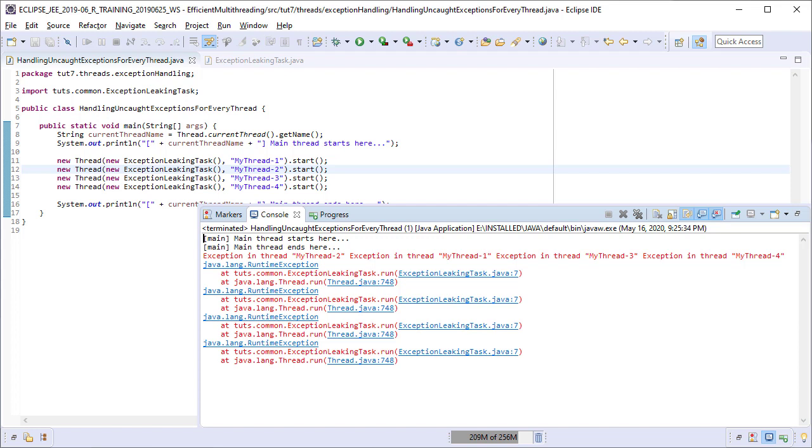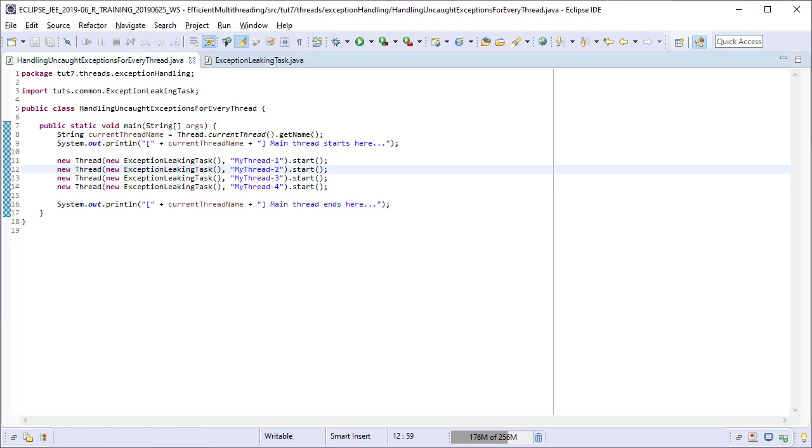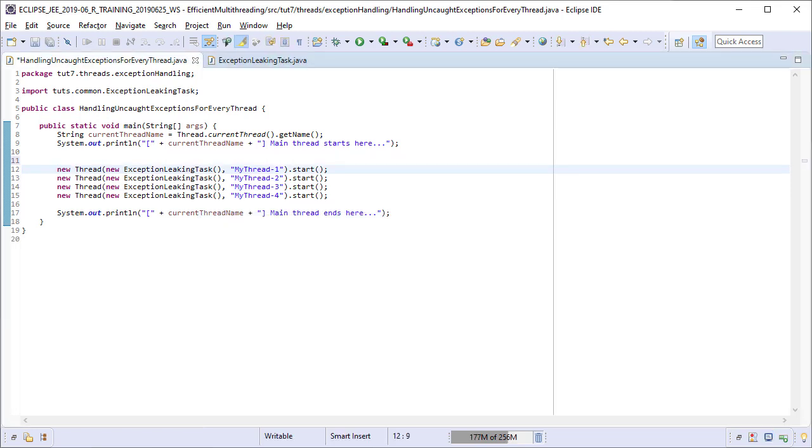You are seeing the exceptions overlapped on each other because this laptop has a quad-core processor and the threads truly ran in parallel. They threw exceptions at the same time, more or less, so the error stream became garbled. Note that with each exception, the stack trace also gives the name of the thread in which the exception occurred. Let's try to handle the exceptions now by encapsulating the threads in a try-catch block.